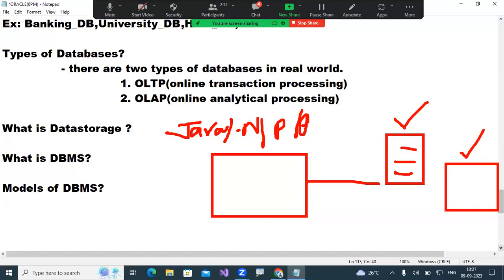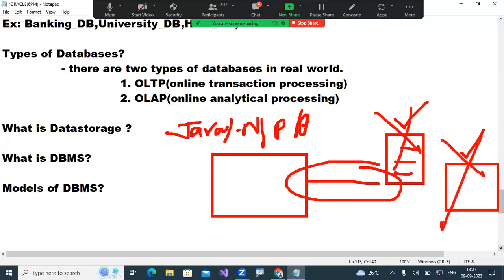That is a computerized system, but not an online type. So I can't integrate those with my Java, .NET, PHP, Python applications. Text files or Word files are not supported, because they do not come under online.